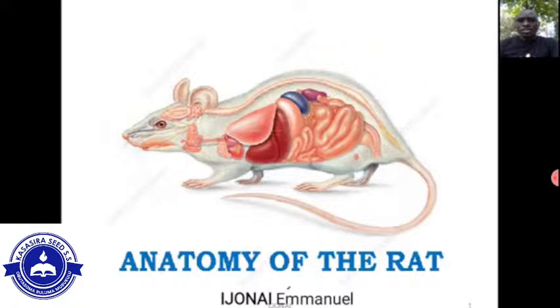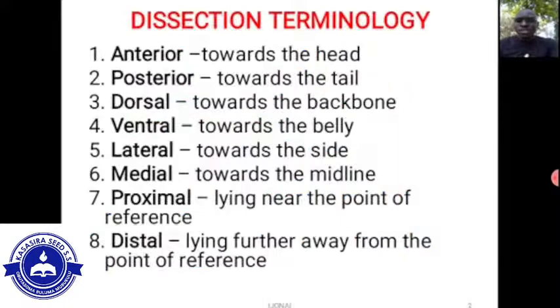So I want you to pay focus to the structures that we are going to look at. Look at the spellings of the structures, the descriptions, and then their functions. We shall look at, to start with, the external anatomy of the rat, and then later on we shall go to the internal anatomy, where we shall look at other structures which are found inside the body. But for now, welcome to the external anatomy of the rat. And before we go into